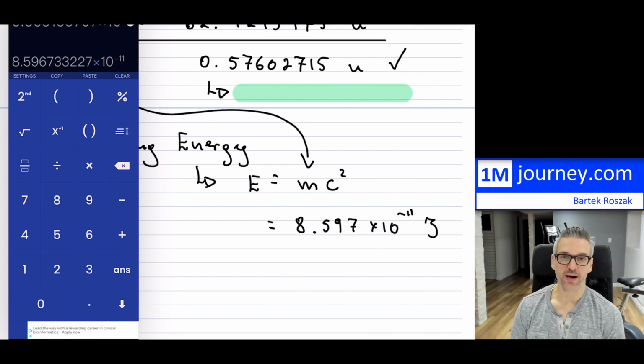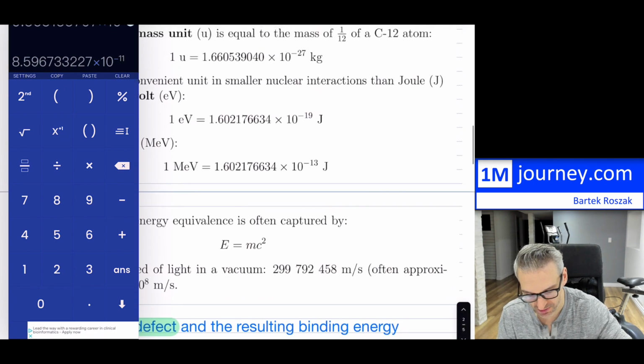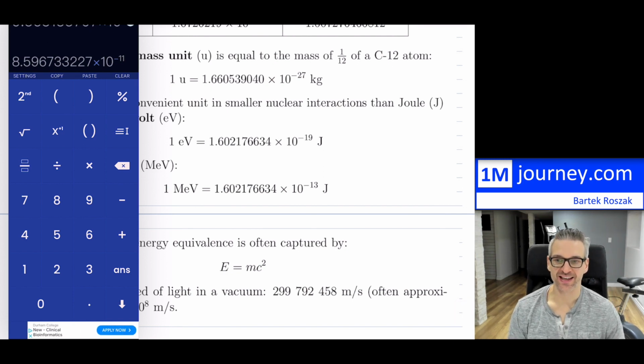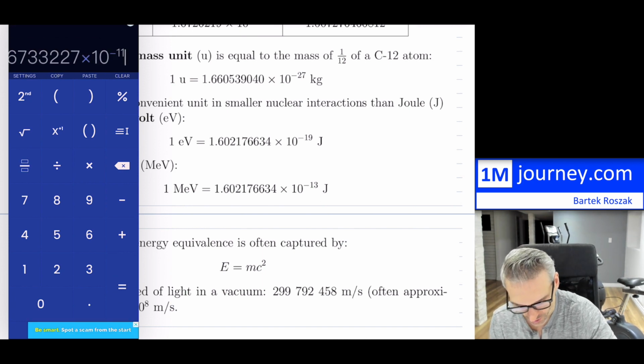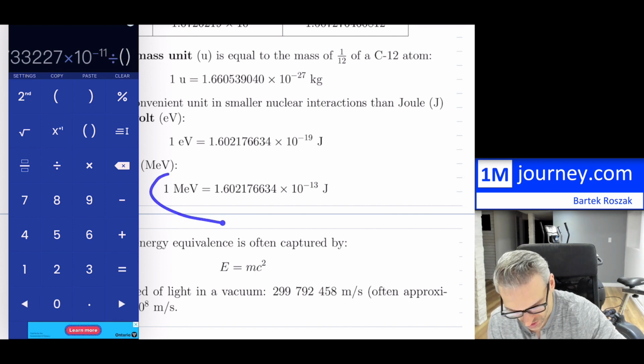Joules are pretty huge for one little nucleus. That is the reason why we introduce much smaller units on these nuclear scale sizes, and you can use electron volts or mega electron volts. I'm going to use mega electron volts. So I'm going to take this and convert it back by dividing it by, to change it into mega electron volts,